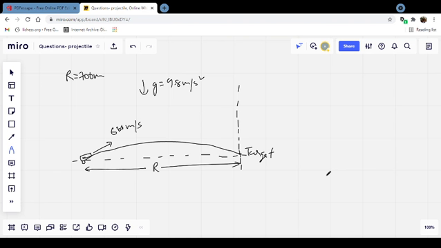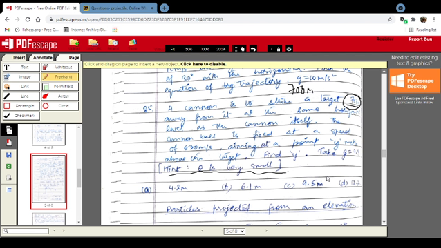So this is what happens when the question comes in an examination. Sometimes the value of g is not given, so it is up to you to assume the value of g which gives you a very good answer. As you can see in this particular question, some options A, B, C, D are given. So as per the options, you have to take the g, which can be a very difficult task. So let's see.